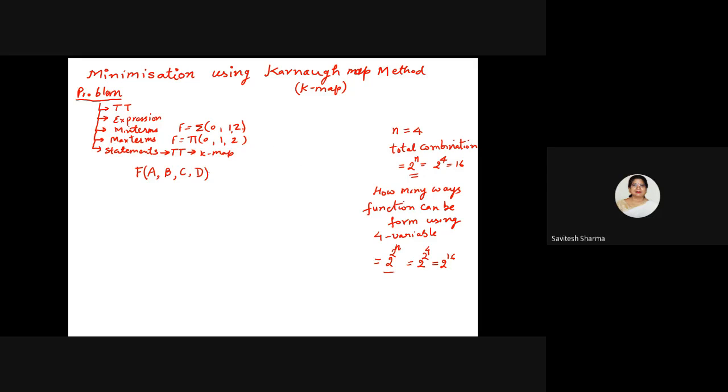So let us assume that your function has 4 variables. Let me start with 3 variables first, then I will go to 4, otherwise you may get confused. So I am not taking 4 variables, I am now going to 3 variables. First I will tell you how to minimize the function with 3 variables. So I am assuming the function is ABC and the problem given is